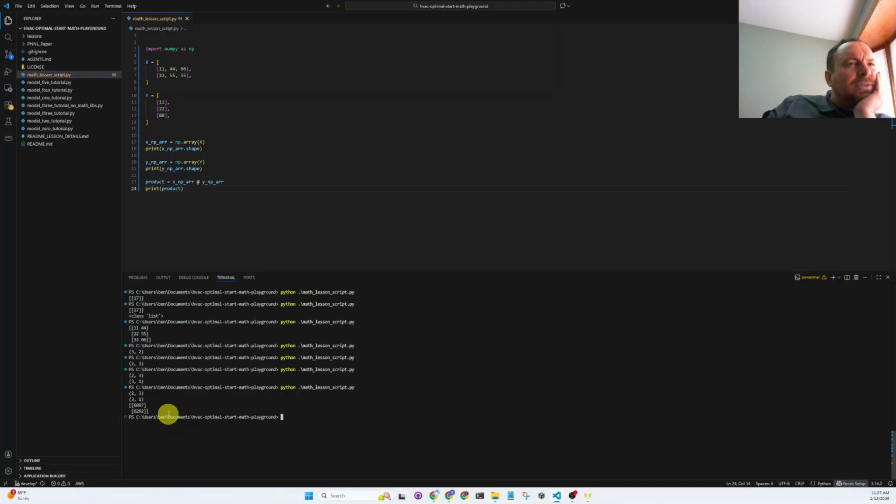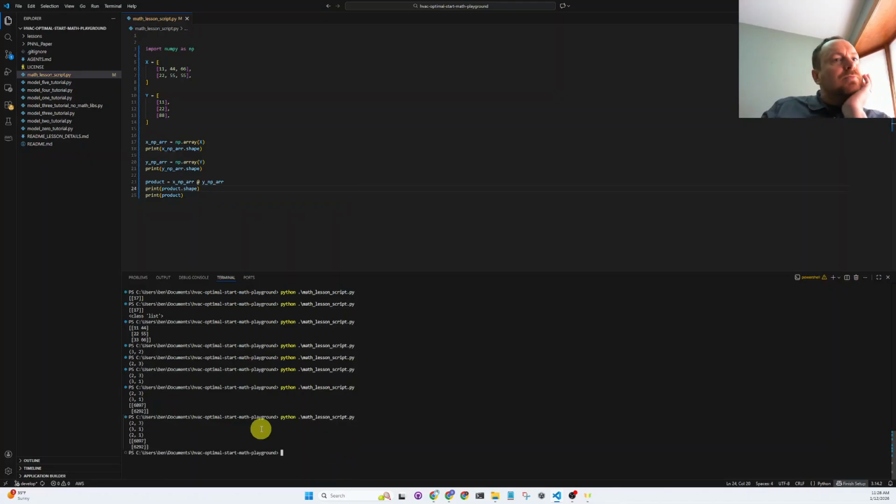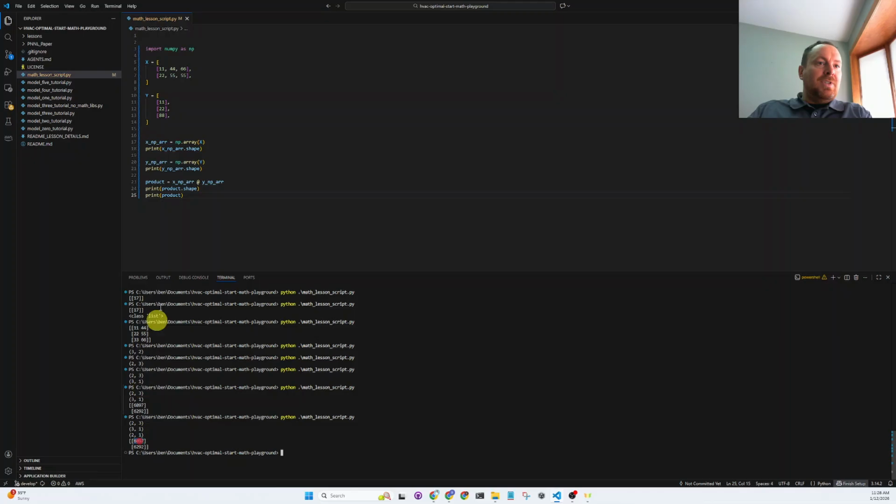Interesting. So, and it looks like it is a... so the shape of the product array is 2 by 1. Which I guess makes sense. Gosh, I think that would be kind of a fun exercise of how they came up with these numbers